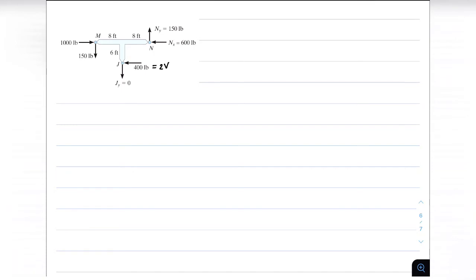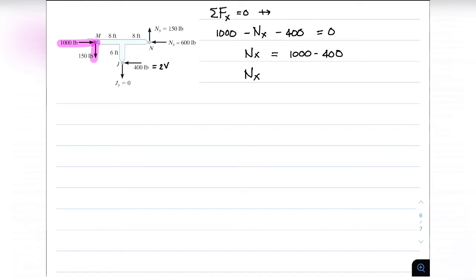Moving to the next segment, the value of our shear at point J is equal to 2V, or that is 400 pounds. Also, we will transfer the loads from point M from the previous segment, which is 1,000 pounds and 150 pounds. Summing up the forces horizontal equal to 0, we'll have 1,000 minus Nx minus 400 equal to 0. Nx is equal to 1,000 minus 400, giving us 600 pounds as the value of your Nx, which is correct